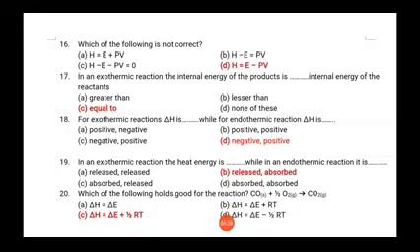Next question: in an exothermic reaction the heat energy is blank, while in endothermic reaction it is blank. Again, there are two blanks, so there will be two options in each category. So options are A, released released; B, released absorbed; C, absorbed released; and D, absorbed absorbed. So students, if you learn this topic of exothermic reaction, you must know that whenever there is exothermic reaction,